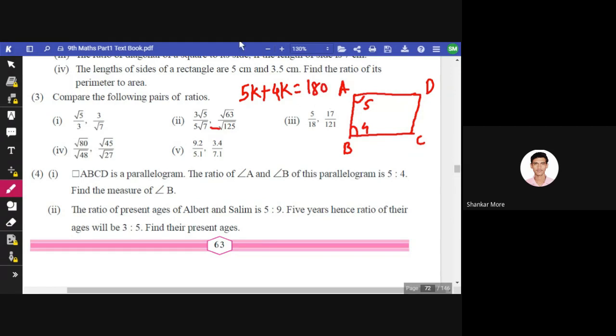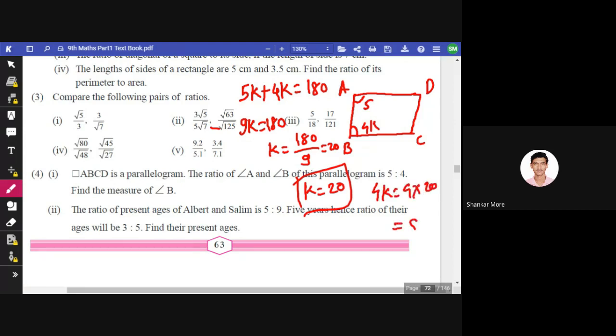हमने k कंसिडर किया, राइट। ठीक है, तो 9k इज इक्वल्स टू 180 हुआ। k इज इक्वल्स टू 180 डिवाइडेड बाय 9, सो दैट इज 20। सो k इज इक्वल्स टू 20, तो हमारा जो एंगल बी था उसका मेजर था 4k। सो 4k यानी कि 4 इंटू 20, सो एज सेड बाय कादम्बरी द मेजर ऑफ एंगल बी इज 80। ओके, सो आई होप यू गेट इट।